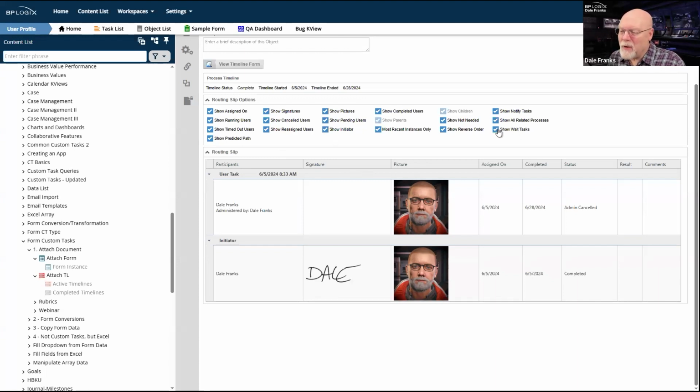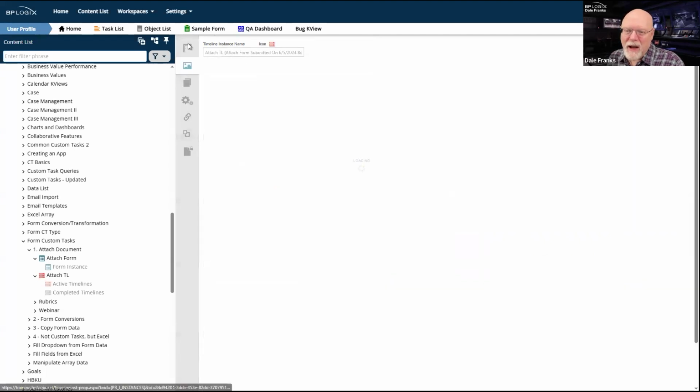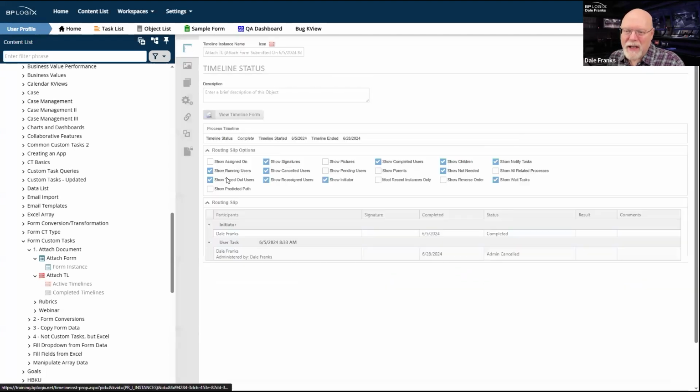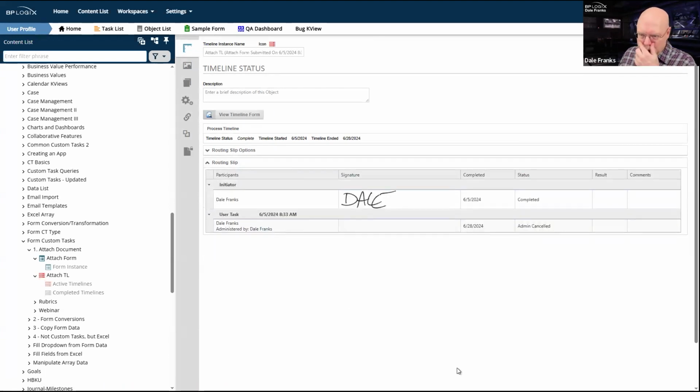But most of this stuff I don't need. Most of this works just fine if I go to the default settings, because this is basically the information that I need. That's already shown to you on the default settings, but you can change those routing slip options.